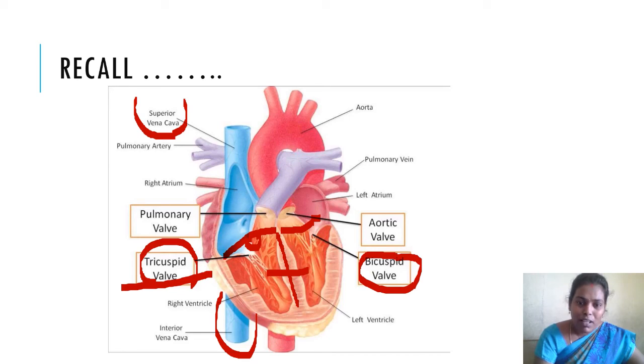And another important blood vessel arises from the right ventricle, called the pulmonary artery. Look at this V-shaped structure. This one opens into the lungs. This blood vessel arises from the right ventricle and carries impure blood to the lungs. And see this curved blood vessel, it arises from the left ventricle and is called the aorta.